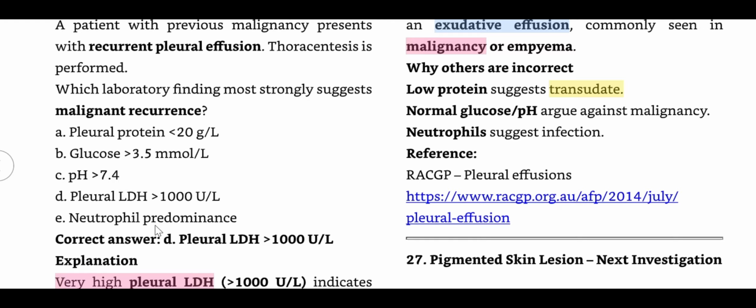From these findings, the pleural LDH should be more than 1,000 unit per liter,